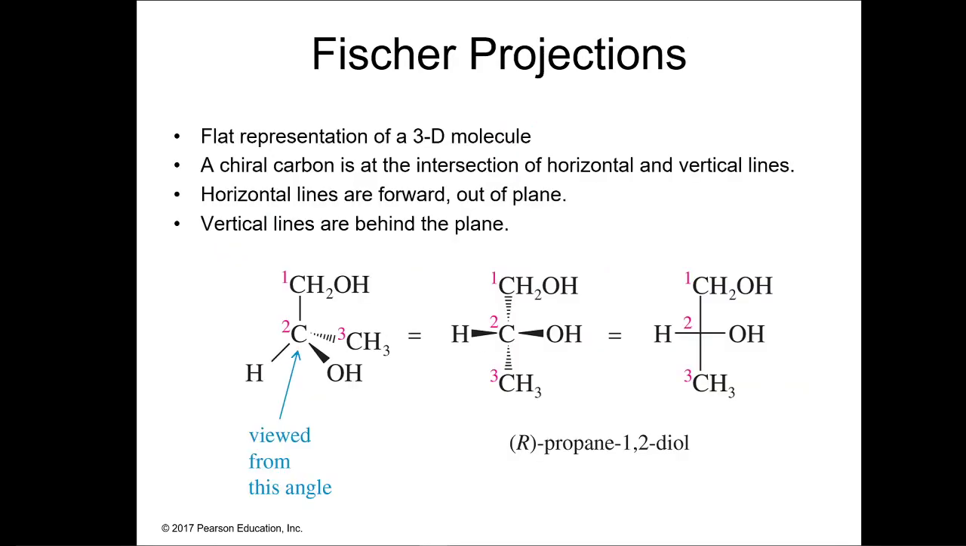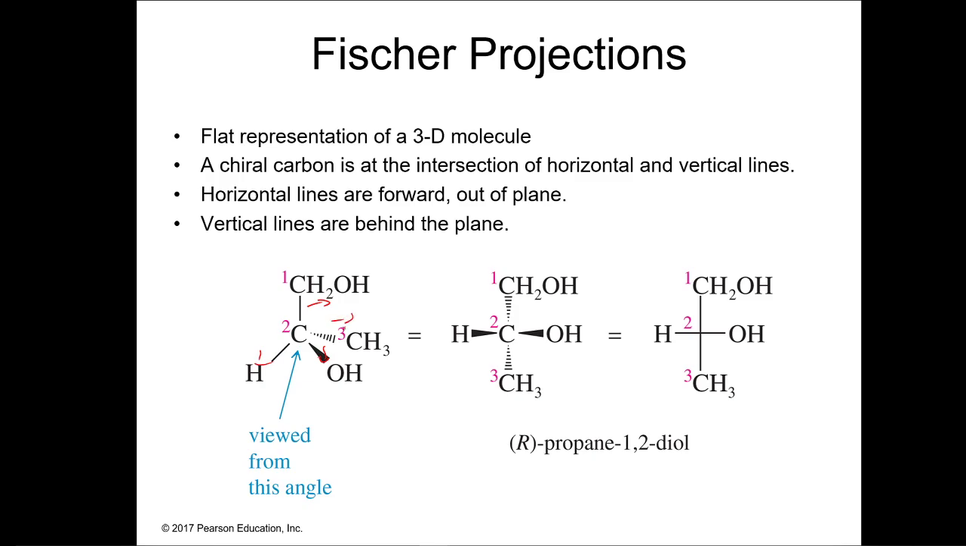So now we need to look at something called Fischer projections. Fischer projections are basically the easiest way to write out chiral carbons. What you do is you're looking at the 3D structure in such a way that you have two things coming up and two things going back. So you're viewing it so that these two things are coming towards you, and these two things are going